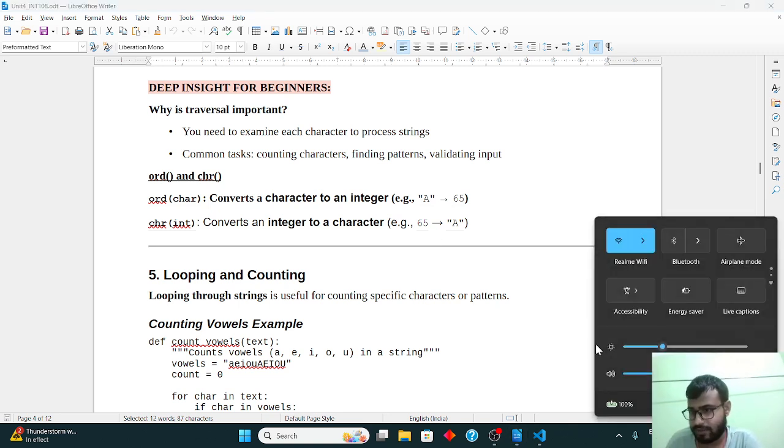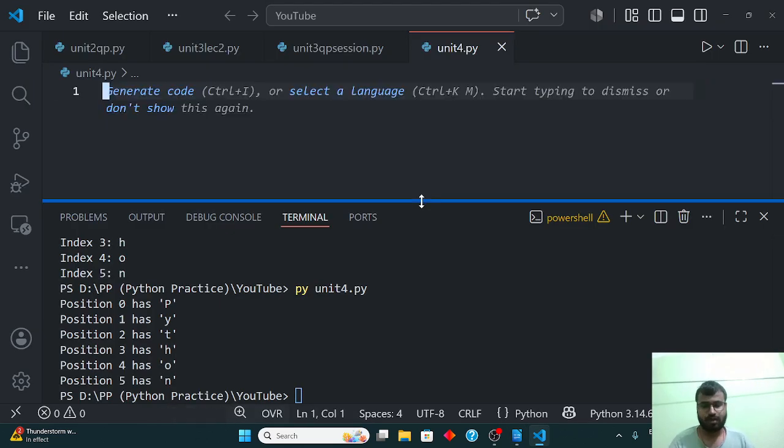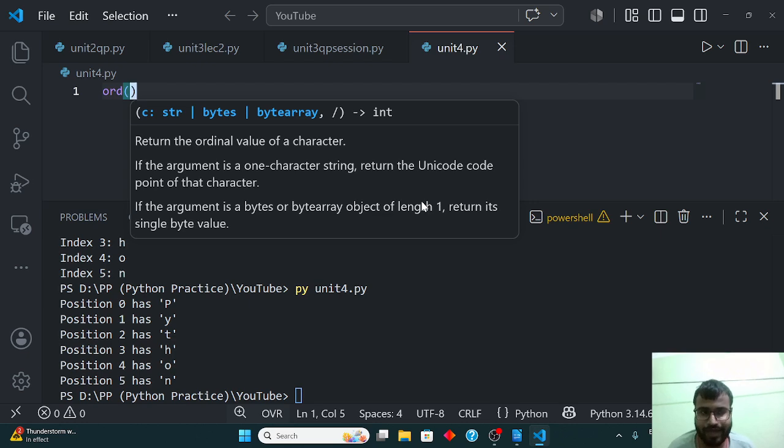So now let's move forward, and now let's discuss the ord and chr functions. ord is a function that converts a character to an integer. Basically it will give you the Unicode value of any character, and the inverse is done by chr. Whenever you put the Unicode value of any character, it will give you the character. Let me show this. So for example, the Unicode value of A is